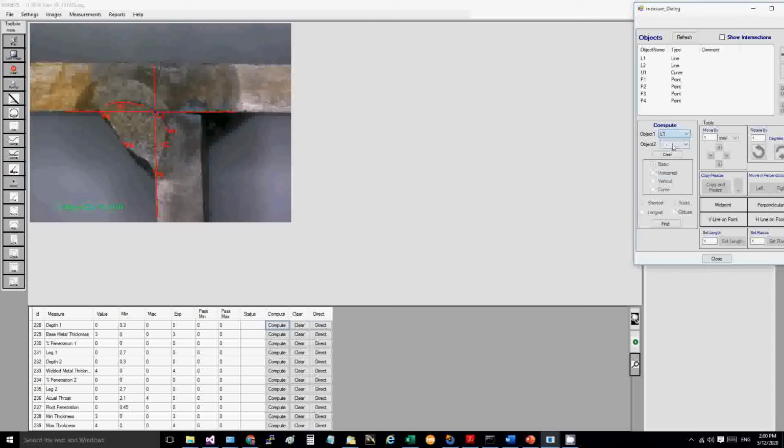I select L1 and U1 and I select the longest distance. The system will automatically calculate. 1.264 mm is the distance, and it is greater than your cutoff value. You can drag it to your corner.